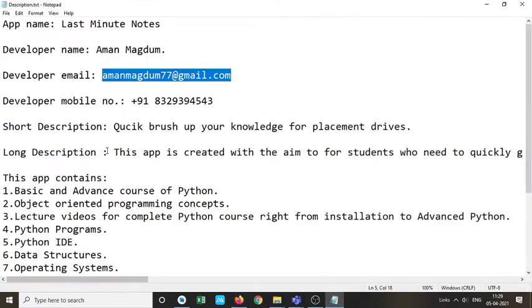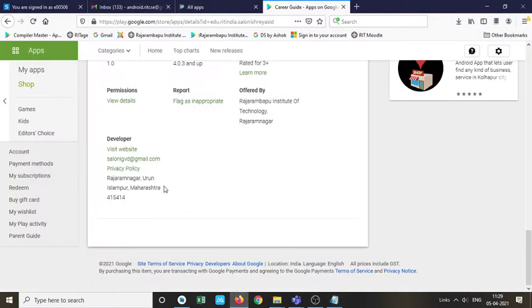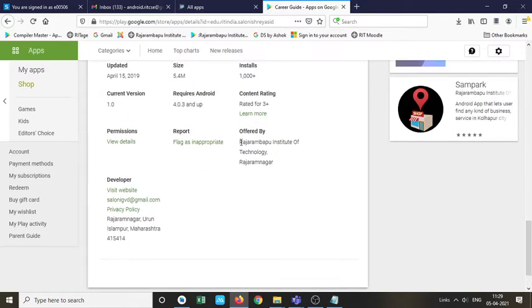Whatever email you give me will be shown on the Google Play Store like this. The main developer name will be here, offered by Rajaram Bapu Institute of Technology. So her name or Aman's name will not be displayed here. Only his or her email ID and the main developer will be displayed.